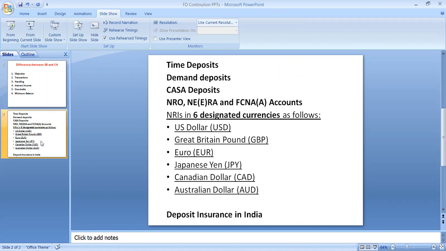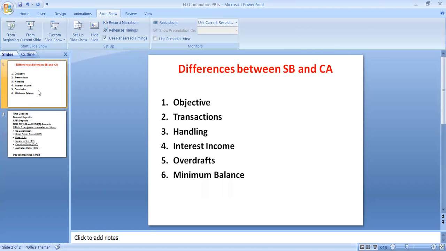Then I think you have heard about NRE account and NRI account, all these things. And at the end, I will also tell something about the deposit insurance in India. So all these things we will discuss in today's class. So I gave the menu for today's class. Well, my dear students, now